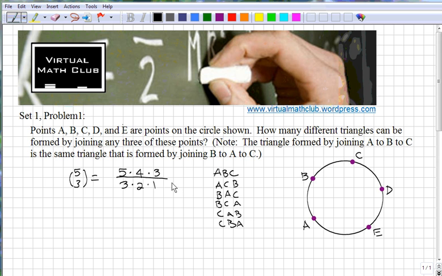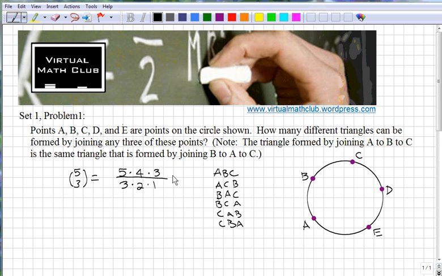Like I said before, this numerator tells you how many ways we can choose 3 points from 5, assuming that order does matter. And the denominator divides out the duplicates. Once we have 3 chosen, it divides by the number of ways to arrange those points,